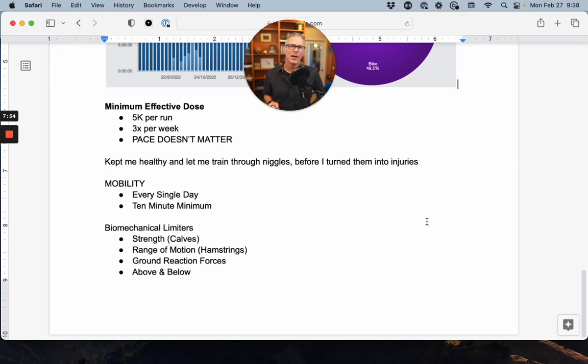Now, a bit about my biomechanical limiters, because at first I thought the issue was a strength issue with everything. So my calves and my hamstrings were acting up, and it turns out my calves were limited by strength and recruitment, the ability just to handle the forces when I'm toeing off. That was an easy fix. Some seated calf raises. I do them twice a week. Up with 2, slow lower on 1 at the beginning, get that eccentric load right into the calf,